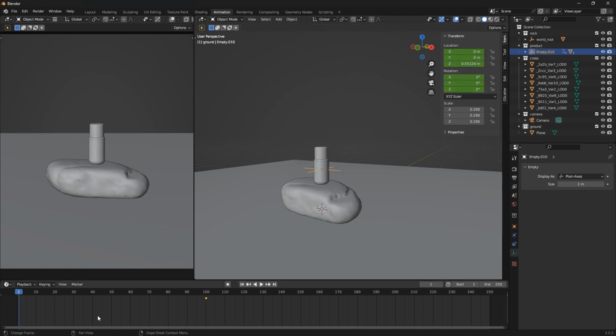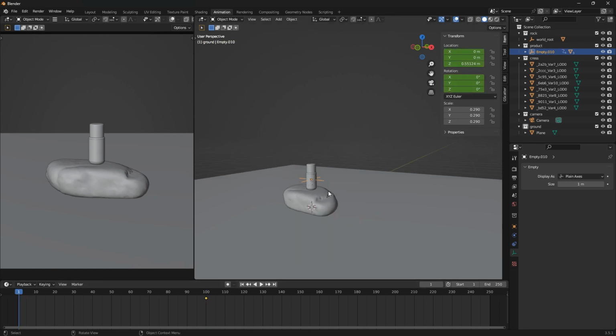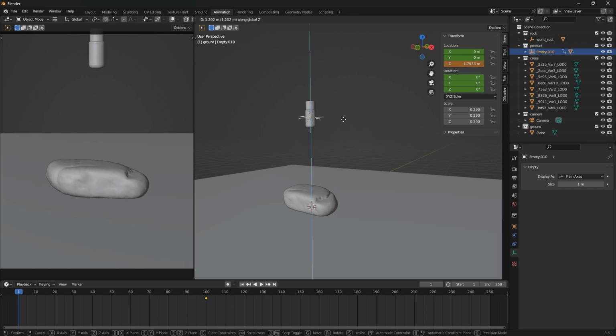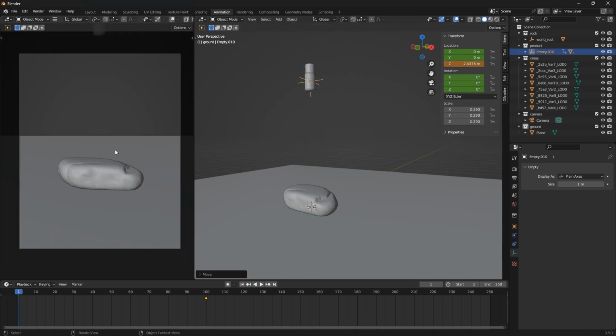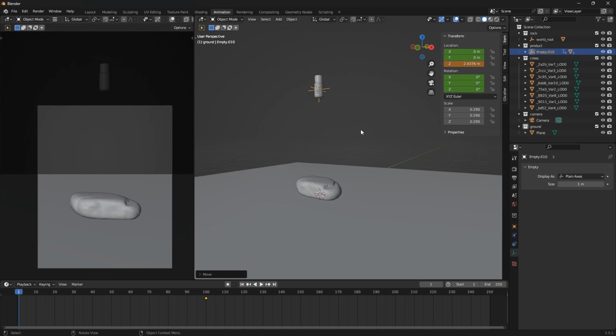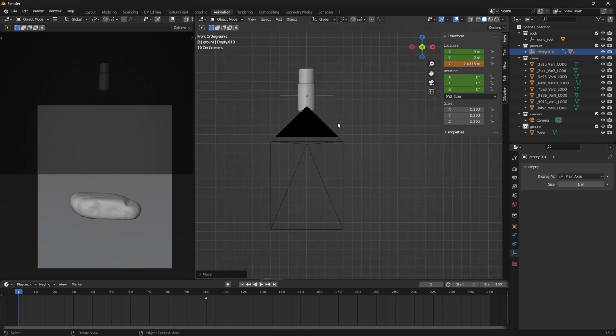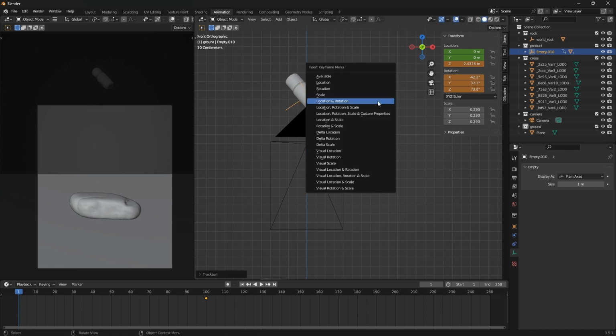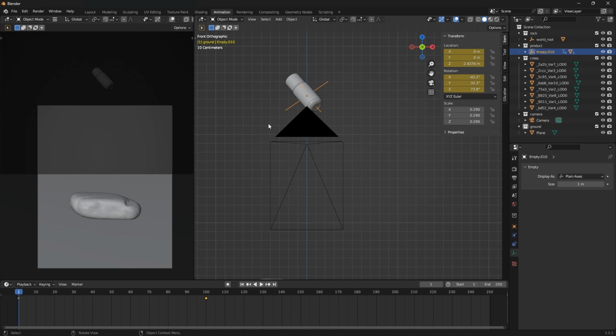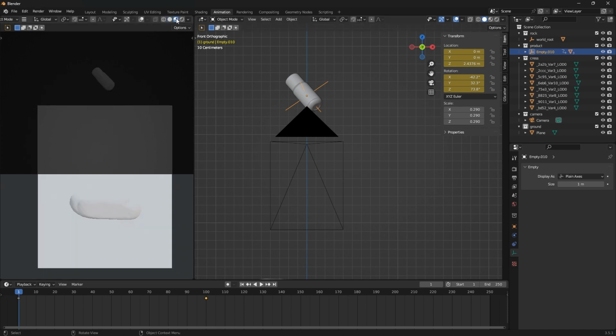Then I'll go to frame 1 again, and then I'll move this up. Make sure it's out of the camera view. So I'm going to move this so you see this is out of the camera view, and I'm going to give it an interesting rotation. So maybe something like this, or double R. Click R twice on your numpad to give it this rotation, and then location. Oh, sorry, let me go to my viewport display to know that I have the